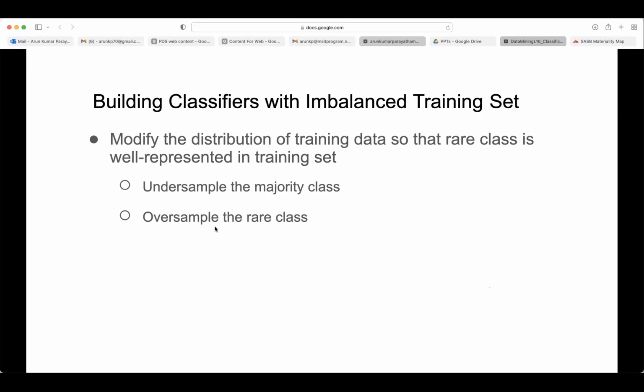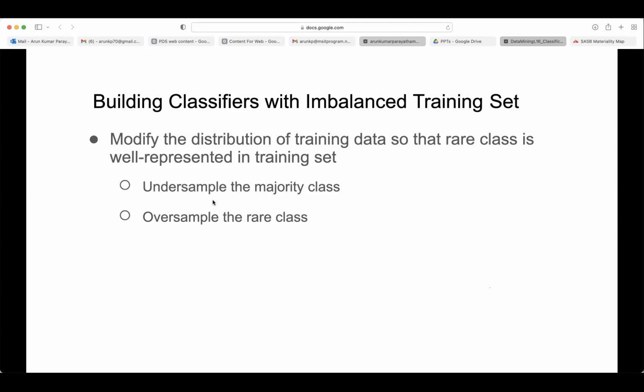Though they are 90% positives, you select only 75% positives and 25% negatives. You know that there are not 25% negatives in the entire population, but you want to oversample them so that you get more signal from the negative class than the positive class. Or in this case, if the rare class is positive, then though the positive class is 10% present, you make 25% of the samples from the positive class, the rare class. So oversample the rare class, undersample the majority class.